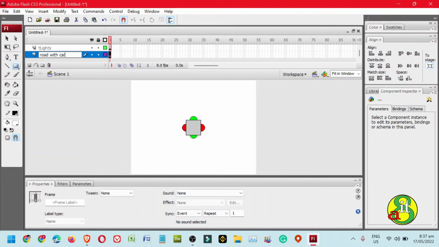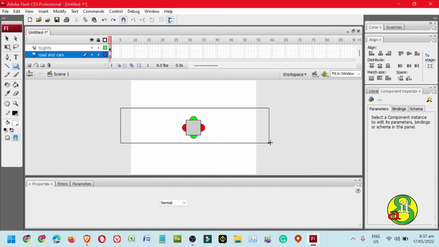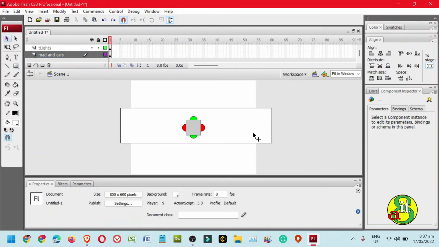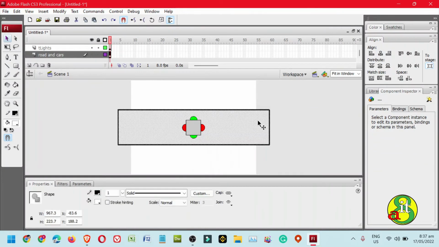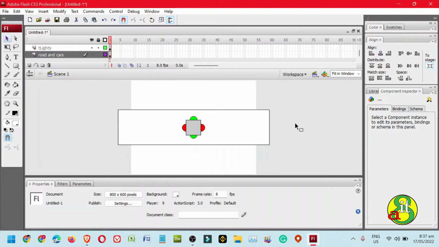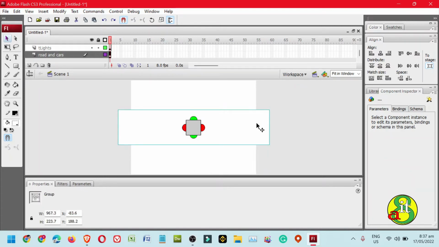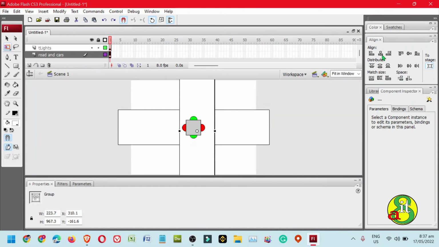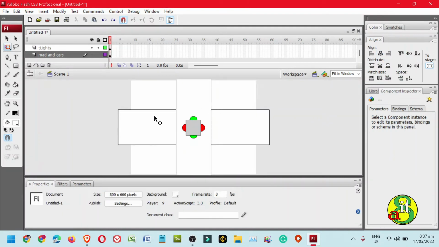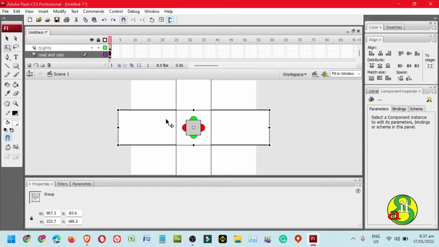with cars, or road and cars. So rectangle, and then double click, align at the center. Okay, then group, Control G, duplicate, Control D, and then let's rotate this one. Okay, center, and then Control B, break,